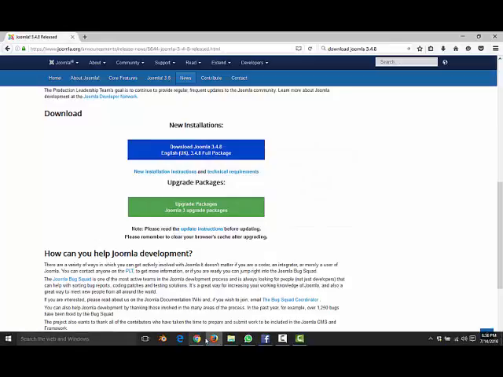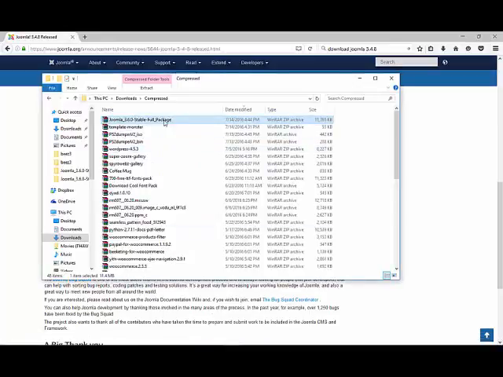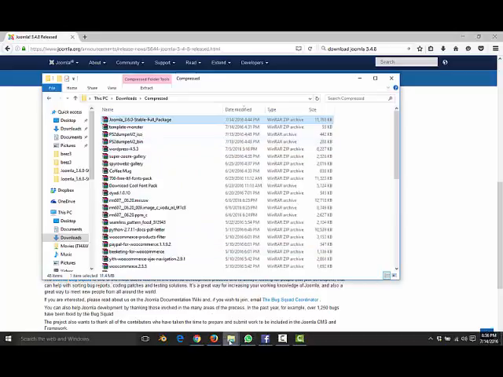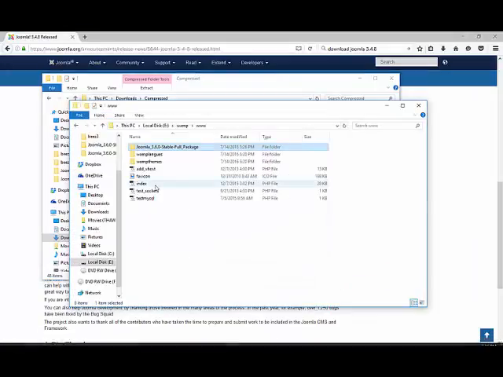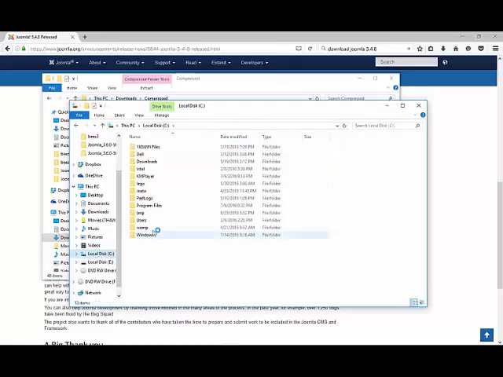I already have my download. It's located right here. It's a compressed file. I extracted it, then I copied it and pasted it in the Wampserver drive, the drive with the Wamp folder. Last time I installed on drive E. To some others who already installed it on drive C, it will still be in the drive C Wamp